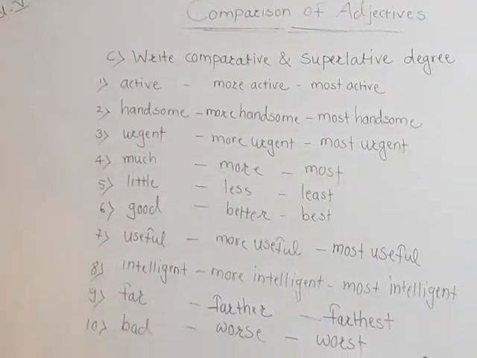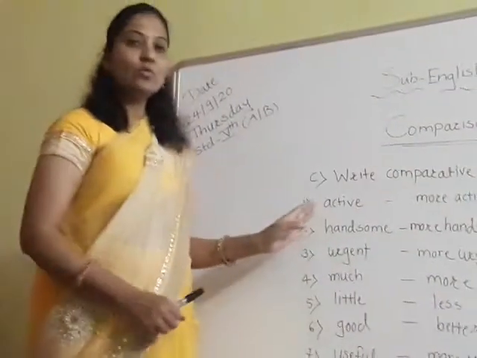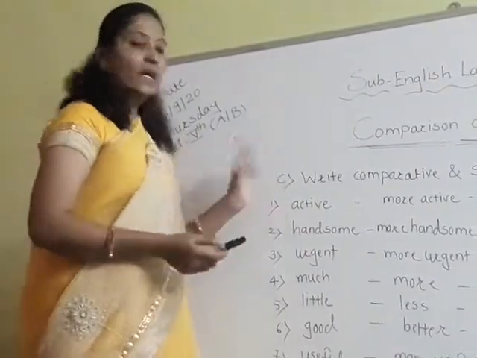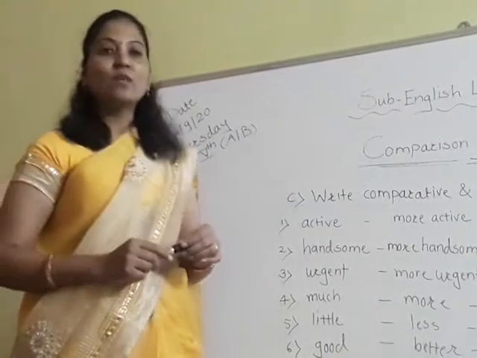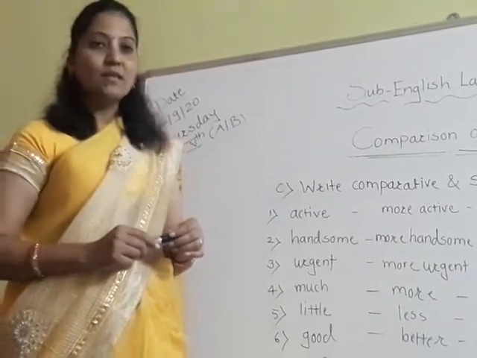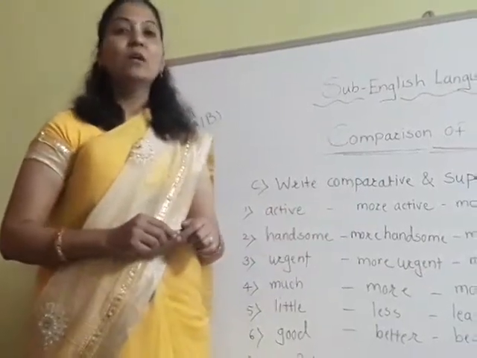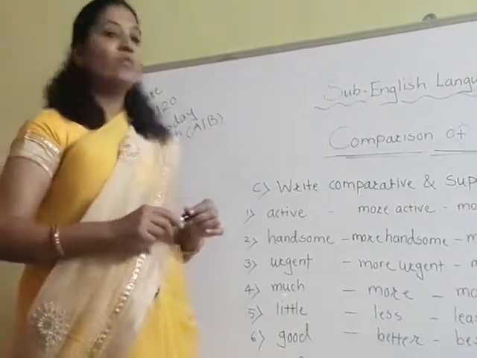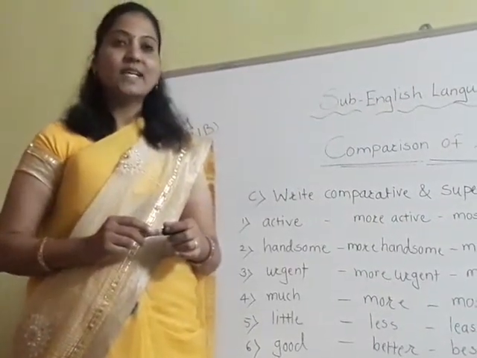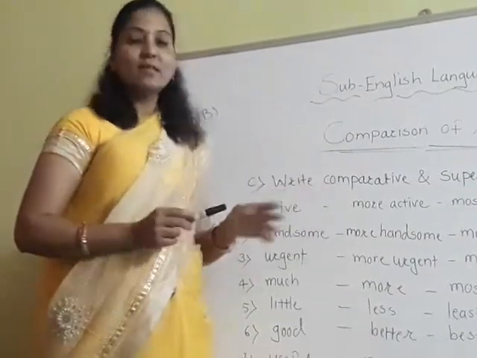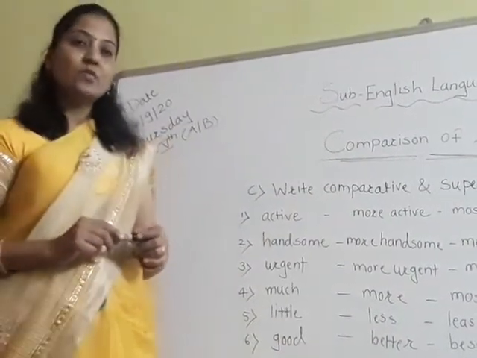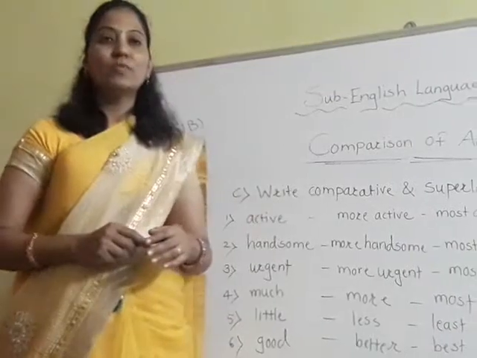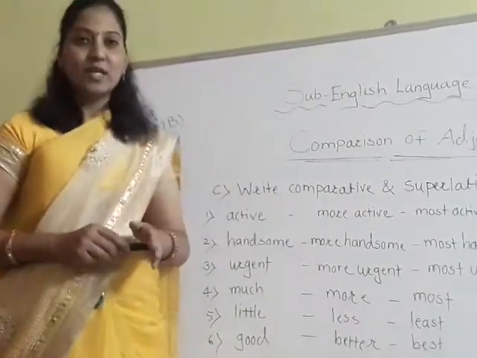So like this we have also finished question number C. You have to write all these questions and answers in your textbook, okay, and only the B question that I have told you, write in your notebook. So have you understood how we have formed the comparative and superlative degrees, and we have also done various sentences related to comparative and superlative degree? Now you have understood how to form the sentences and the degrees of comparison, okay.